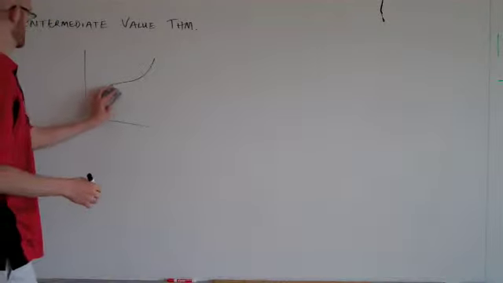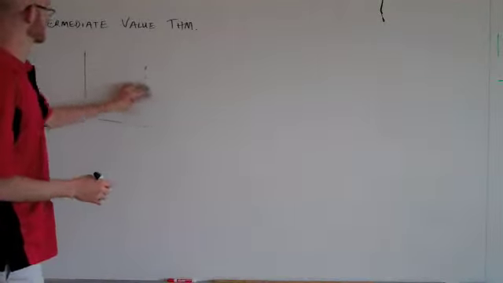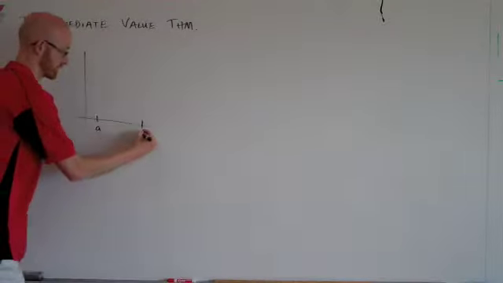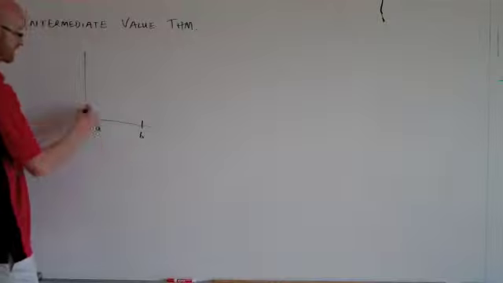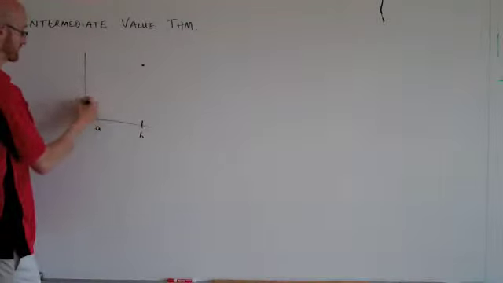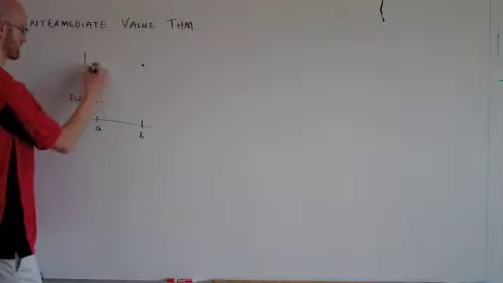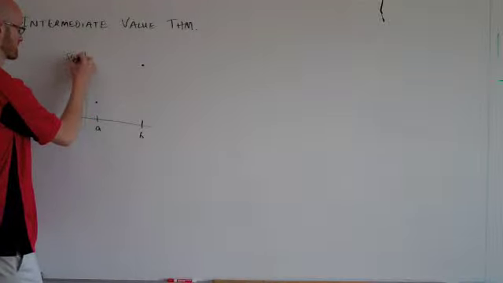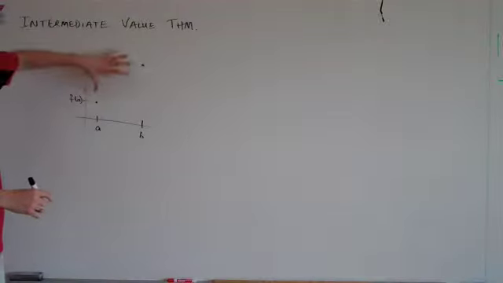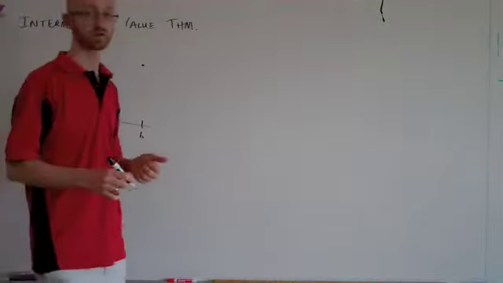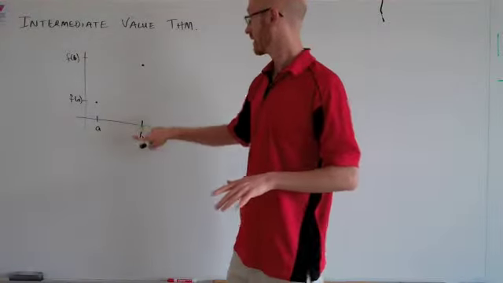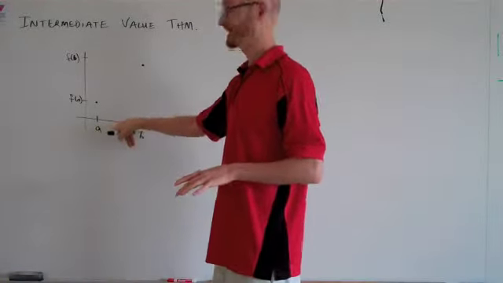well, let me give you a supposition first. The supposition is that we have some x values a and b, that being f of a, that being f of b. The intermediate value theorem says if you know your function is continuous, then you're guaranteed that somewhere between a and b,